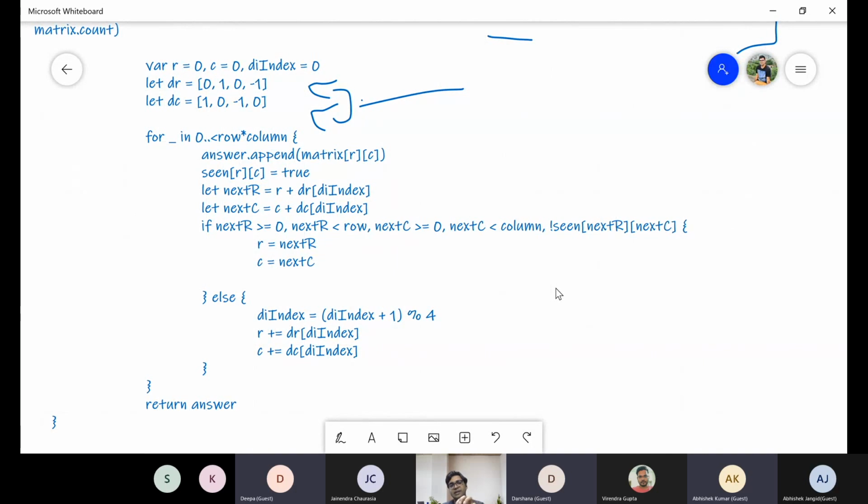So first we encountered the 0, 0 position. We append it into the array. We mark this in the seen array as true, and then we calculate the next possible moves. So with the direction array, what we are trying to do is we define the direction array such that